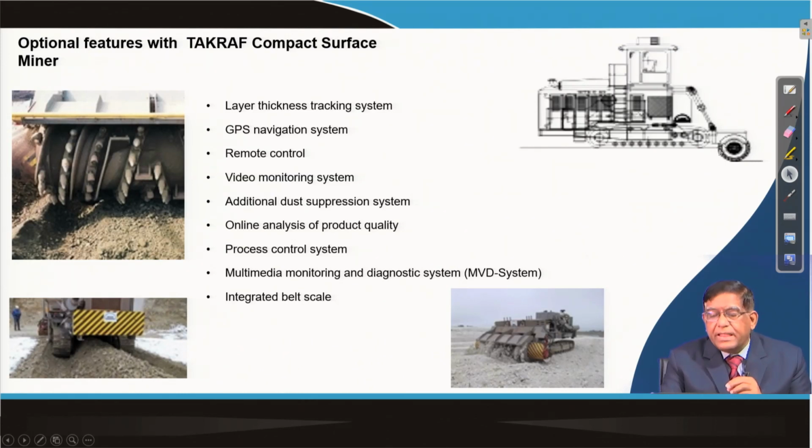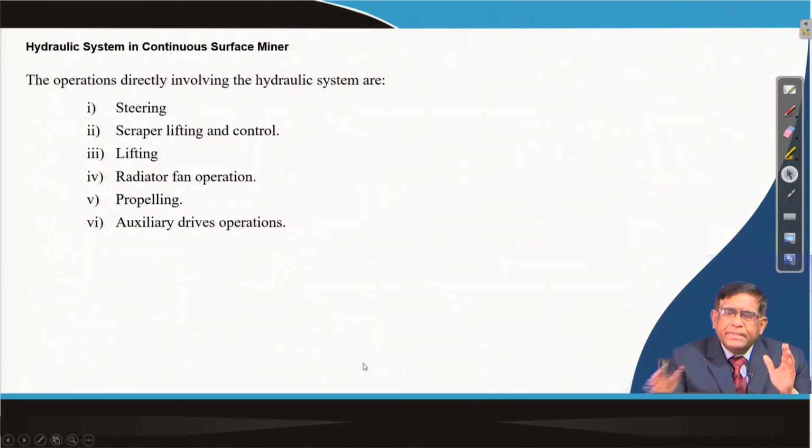So, this is a front cutting drum machine. Because of the spiral grooves in between, the way the teeth are laced on the drum, the material gets dumped in front of it, and then you can see this loose material can now be easily loaded by a front end loader.